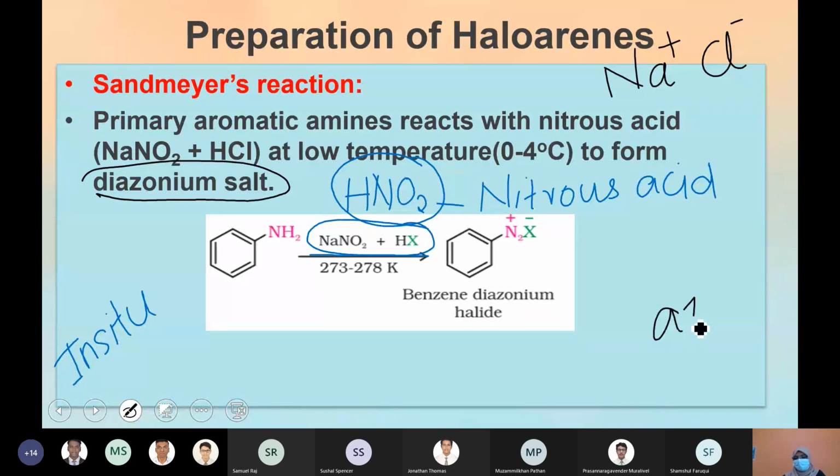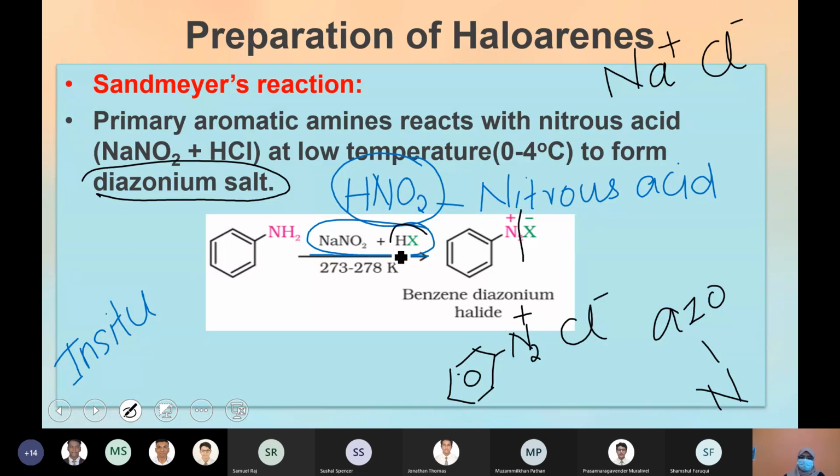Actually, aza or azo, the name in organic, is related to the element nitrogen. Diazo compounds means two nitrogen. Azide is also a compound containing nitrogen. So azide or aza or azo, the term in organic refers to a compound containing nitrogen. So diazonium salt means a salt containing a positive and negative ion where you have two nitrogen. The positive charge is on nitrogen. That's why you can see this can be split as benzene with N2 plus and Cl minus.